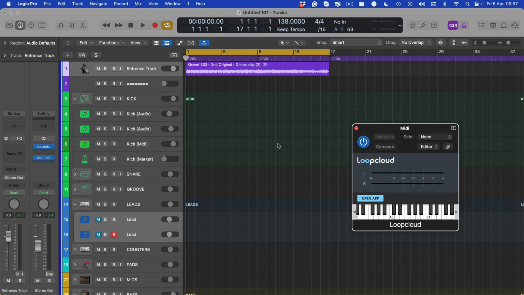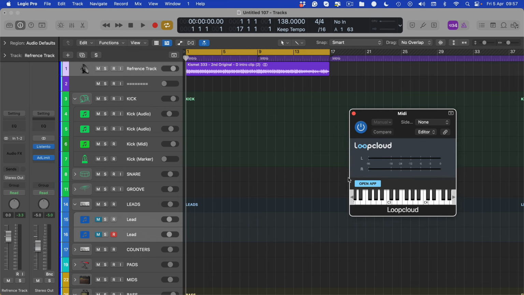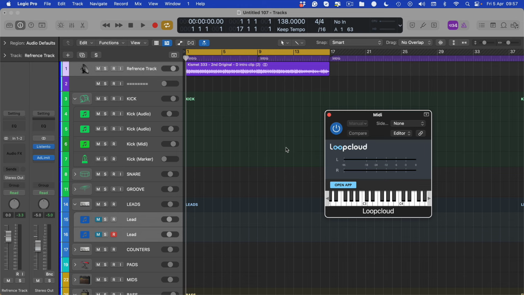Hey everybody, so today I'm going to teach you how I use Loopcloud. Incredible bit of software, £6 a month. And what it essentially does is that you have to install a plugin on your computer and also a plugin